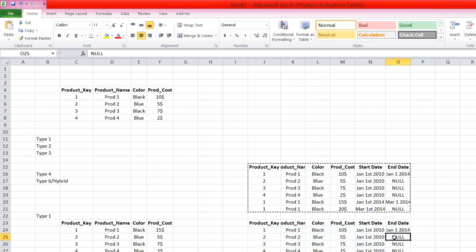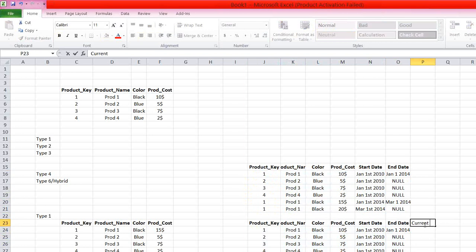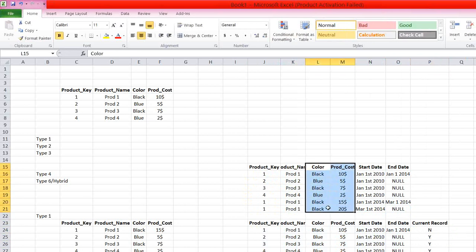Instead of using end date, they'll use an extra flag saying current record. So in current record, what they'll do is they'll maintain yes or no. This has an end date and they'll maintain it as no. This is yes, this is yes, this is yes, this is no, and this is yes. So both are one and the same. This is also type 2 SCD and this is also type 2 SCD, but how they maintain the data is